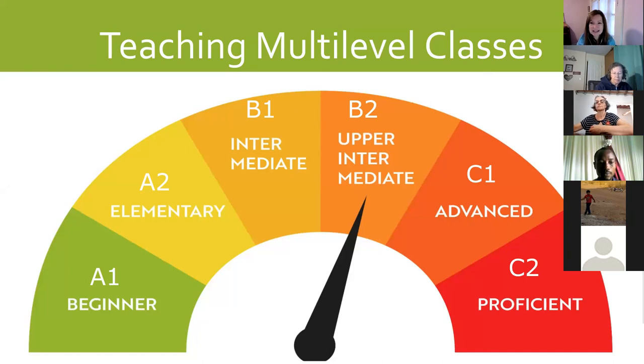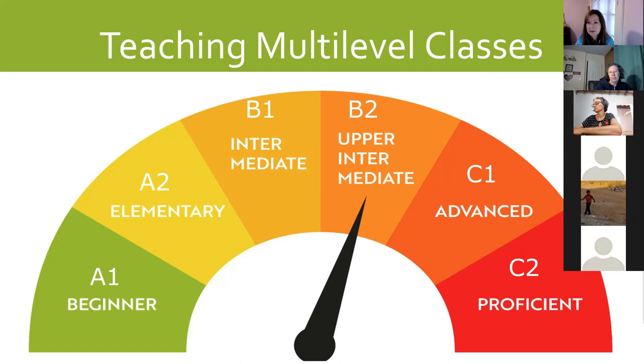And if you look at this illustration here, you can see these are the different levels of English language proficiency according to the CEFR, which are the standards we use for the Light of the World materials. It's the Council of Europe standards for languages. So there's A1, which is an absolute beginner, just learning the language. And then it progresses up through A2 all the way to C2, which is proficient,